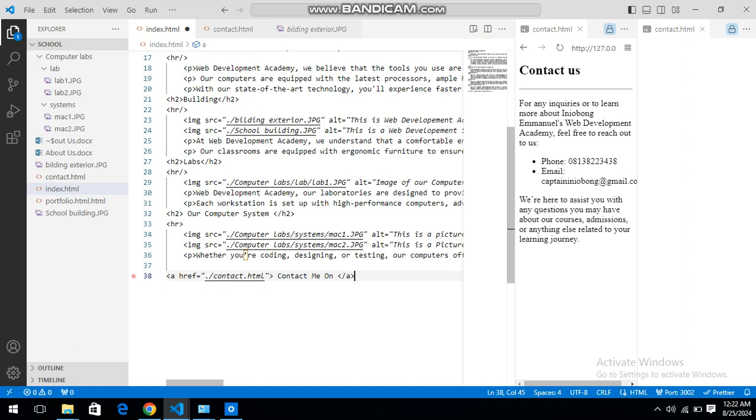Now we don't just want to do that, we want to do it for the portfolio. We can say, let me include another href. If I say a href equals to